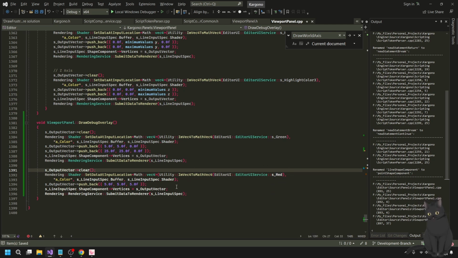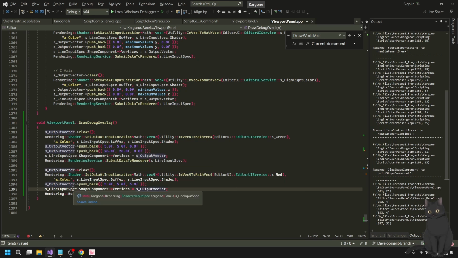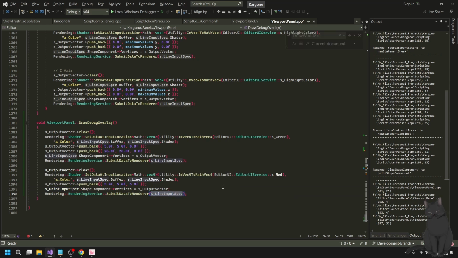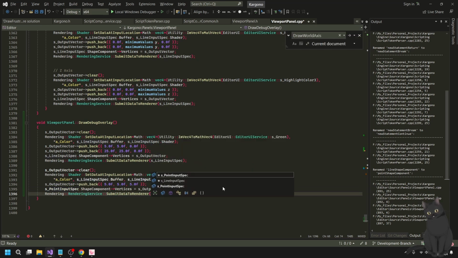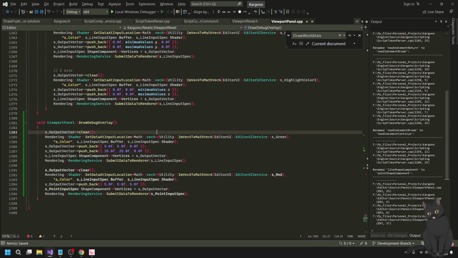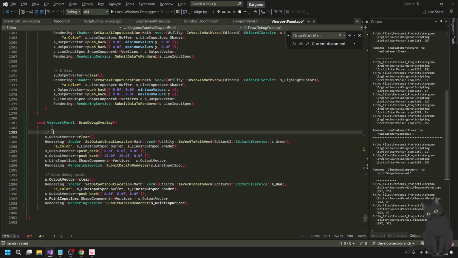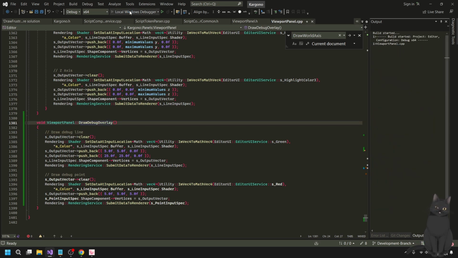Okay, and then here we're not doing line spec, we're doing S point input spec. I don't know if there's any extra processing I need to handle. I don't think so. So draw debug points, and then here I'll draw debug line. Okay. All right, this is the one. Let's see if this debug stuff works.